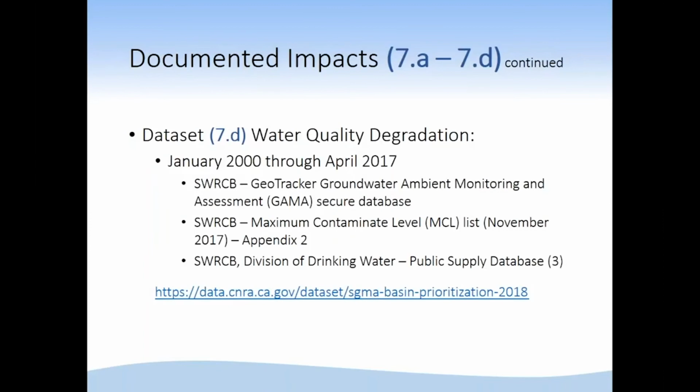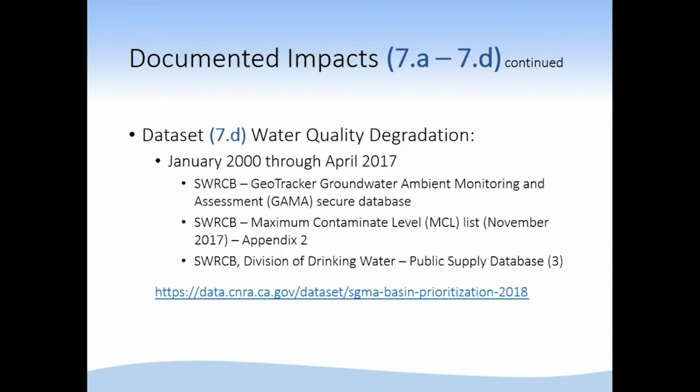Water quality degradation. This was the only one of the four that wasn't a yes or no answer, like do you have subsidence, yes or no? In this particular case, this was based on data sets that we acquired through GeoTracker, the GAMA system. We also used the contaminant level. We had two.